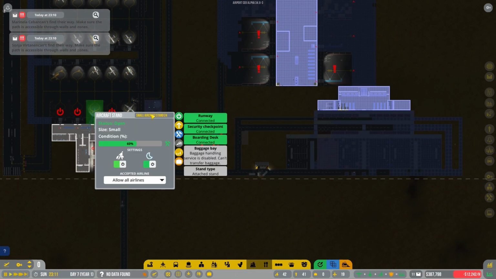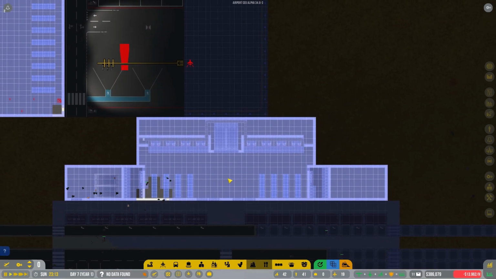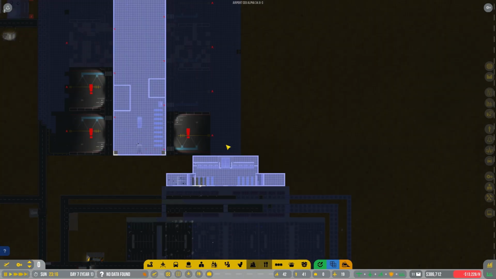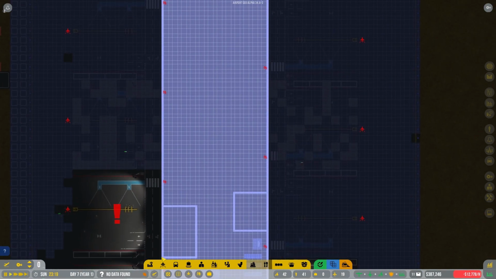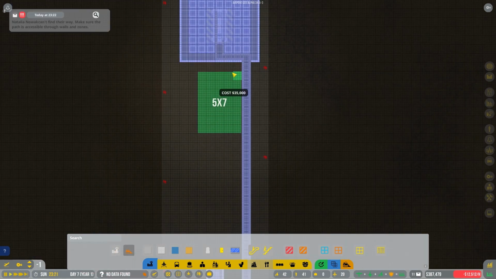Turn this off as well. I want to put down a couple of break rooms because we're going to have a lot of staff members mixed around the airport, right? We've got security downstairs. We've got some gate agents right here. We're going to have a ton of people that need to get out to the ramps. So let's do this. Let's put down a break room directly underneath